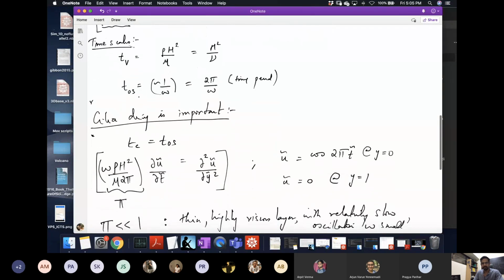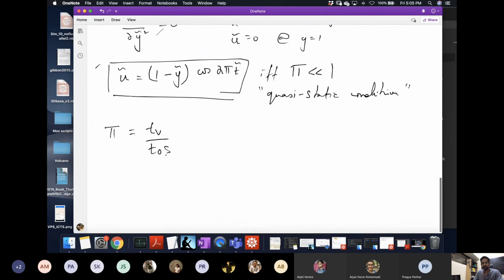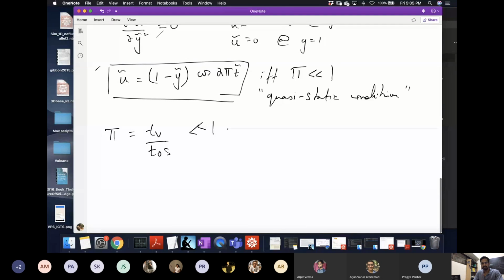That is exactly what it is in the way we have defined these time scales. And that makes sense, right? Because I choose time characteristic as T oscillation. And remember, time characteristic was in the numerator, so this became T oscillation. And this other stuff which had units of time came from the balance of the viscous diffusion terms with the unsteady terms. So it is time viscous by time oscillation. And this much less than 1 means that the momentum has enough time to diffuse. And that's how we attain the quasi-static condition.